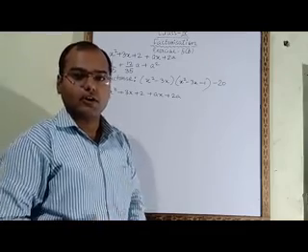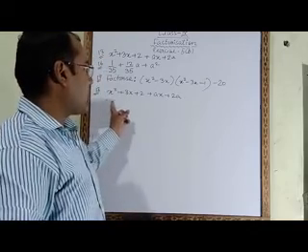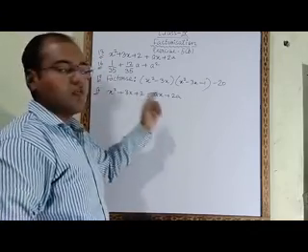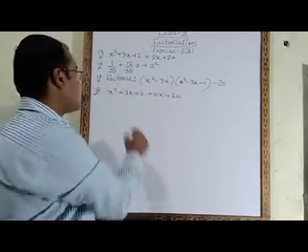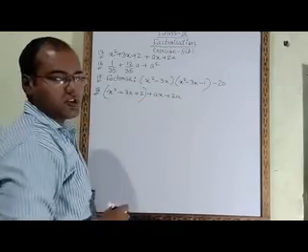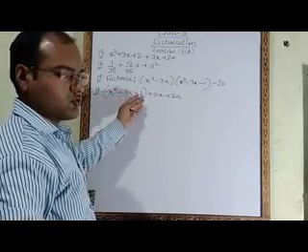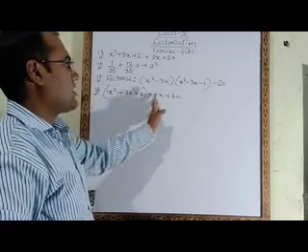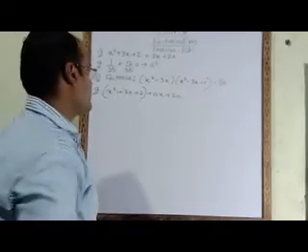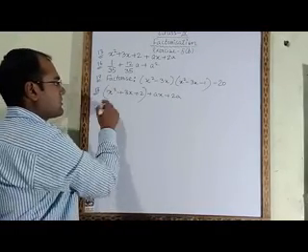Now see question number 30. Here 5 terms are given. 1, 2, 3, 4, 5. So here what you have to do? First 3 terms you will take together because this is one algebraic expression. X square plus 3x plus 2. These 3 terms you will take together. Rest of the 2 terms you will take together. So this one we will factorize first.